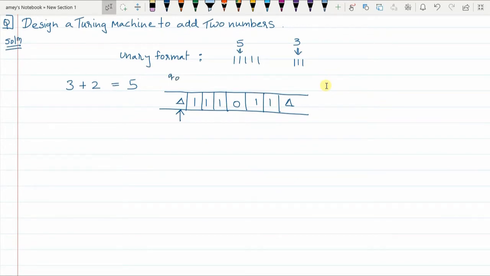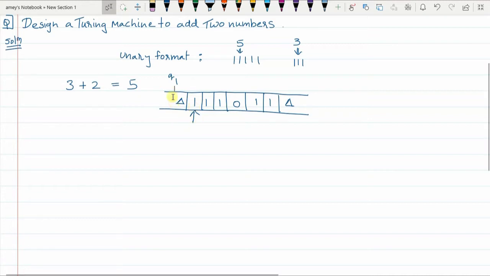In the Q0 state, when delta is read, delta will be replaced with itself and the pointer will move one place to the right, and the machine will move from Q0 to the Q1 state. Now in the Q1 state, no matter how many ones are encountered, it is going to just replace each one with itself. It is not going to wipe these ones.